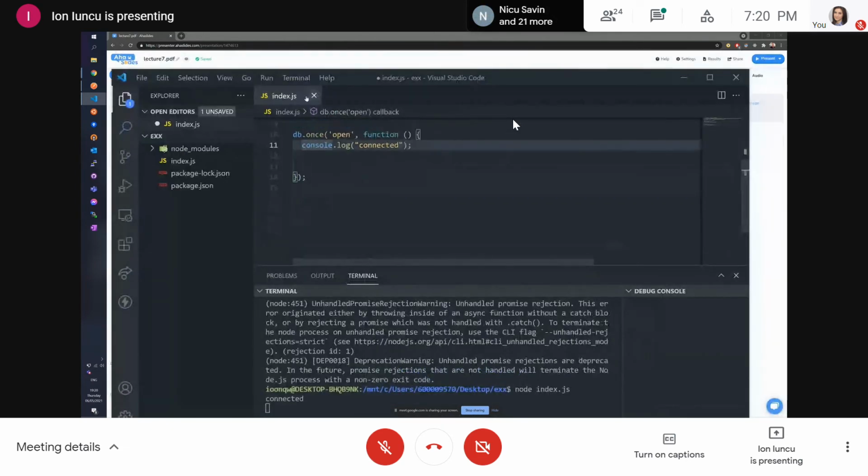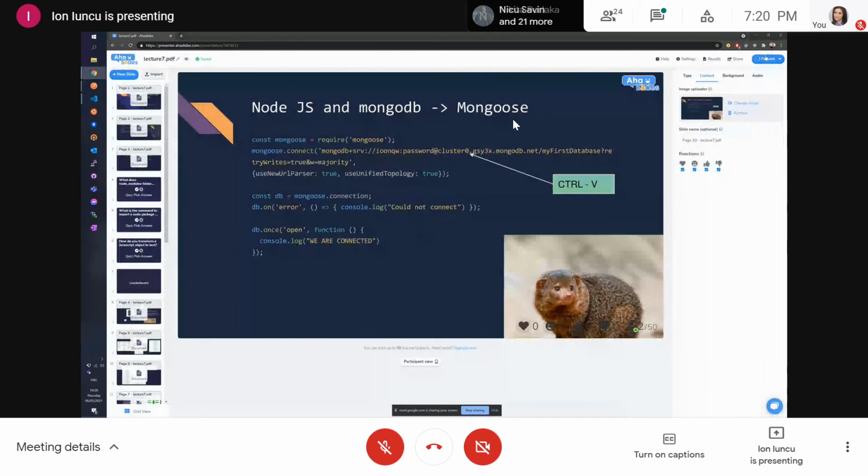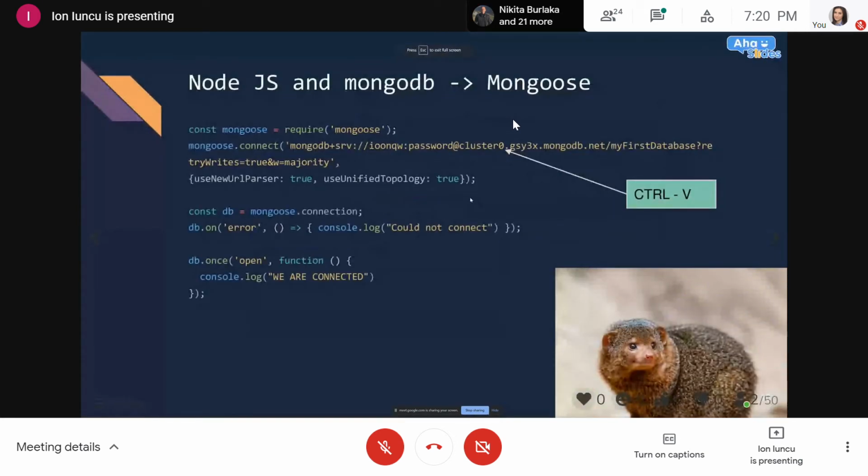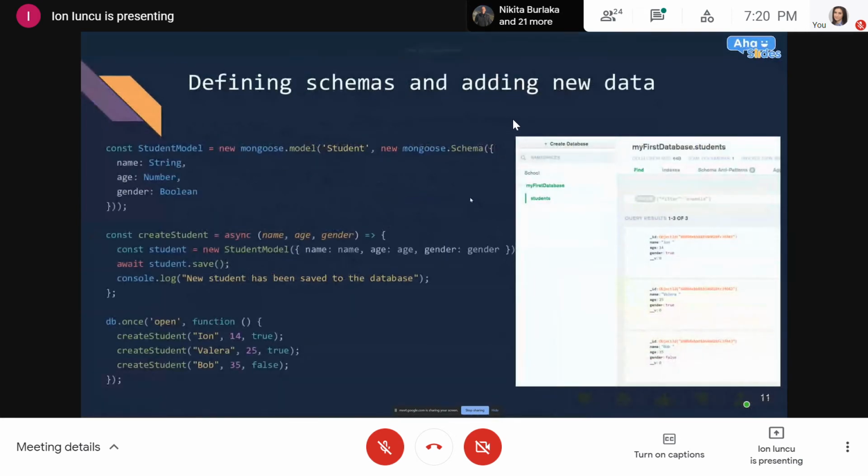Yeah. Now, back to the presentation. So this is what we did so far. Now the next part is defining schemas and adding new data. Again, schemas are optional but advisable. Here we're going to define a very simple schema with some parameters. They're not necessarily mandatory parameters, but in Mongoose you kind of have to define a schema